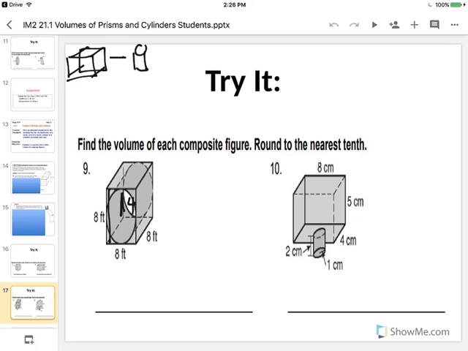So this would be 8 to the third power minus pi times 4 squared times the height, which is 8. So this is 512 minus